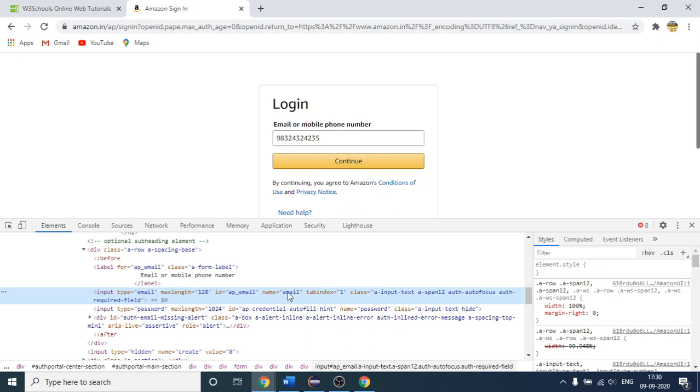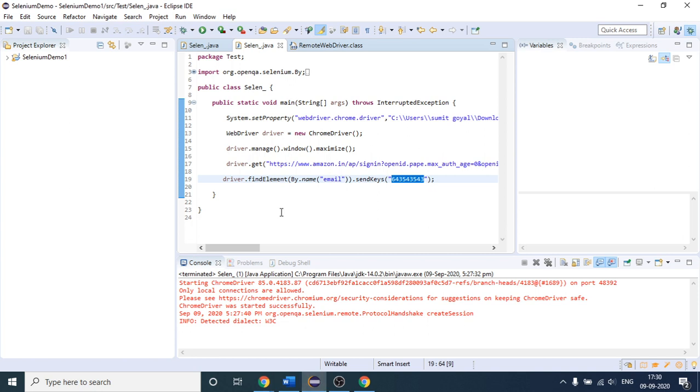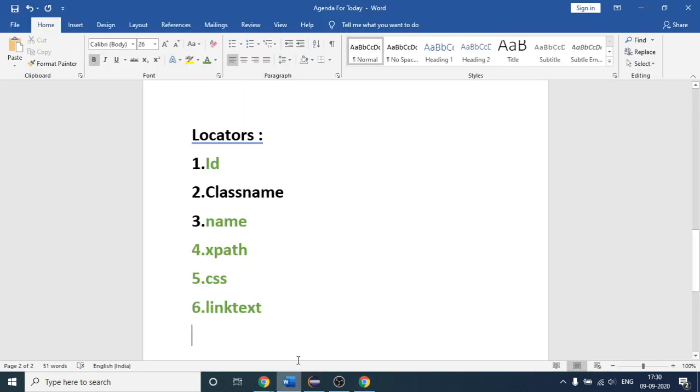Likewise, sometimes these three will not be present, but still you will be able to write the code. If you can write XPath and CSS, again I am saying you can write XPath and CSS for every element on the page. If these are not present, then you will go with this. As of now we are not going to discuss this, but I have just given you a brief overview of the locators which we have.